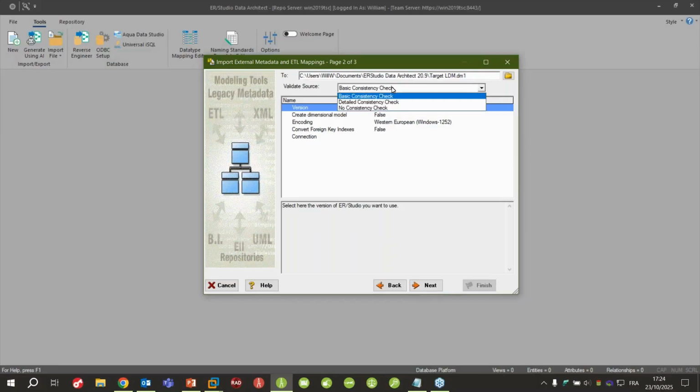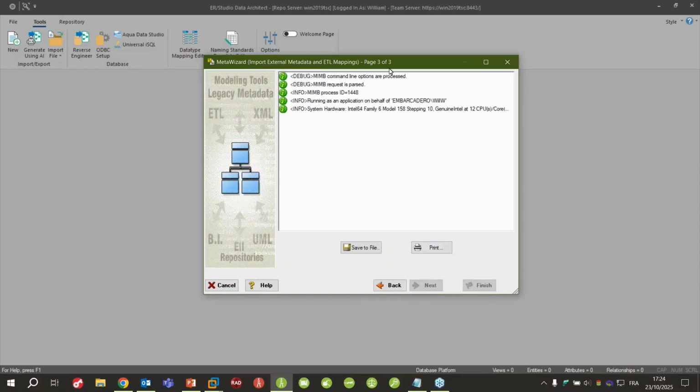Like I said, some inconsistency can exist in your Power Designer model. By default, I will always choose the basic consistency check. So, for example, if you have some circular references between your entities, it will automatically detect it and raise an error. If you want to force the import of your inconsistent project, you can remove the consistency check and try to generate your model. You can select some encoding, some different options from here. And when you go next, it will go to the latest page.